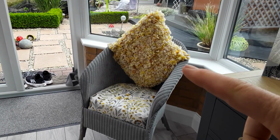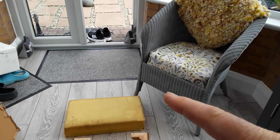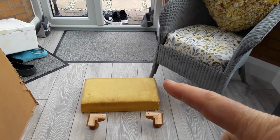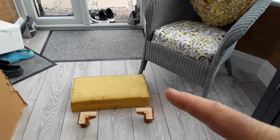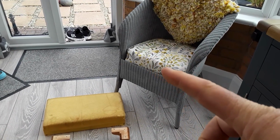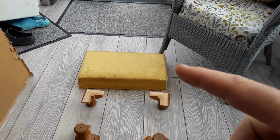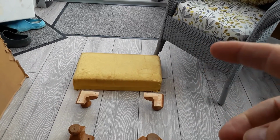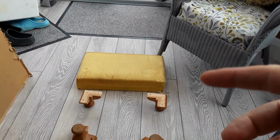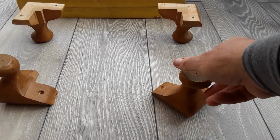I told you I should move the cushion, but that's sorted. And we bought a footstool as well for the chair in the living room, but now this one is going here because we've got the material surplus from that. So Mrs. K is going to cover the top of the seat. We've already taken some of the coverings off. There were 2 extra coverings on that. We've reduced it down to what may have been the original, and Mrs. K is going to